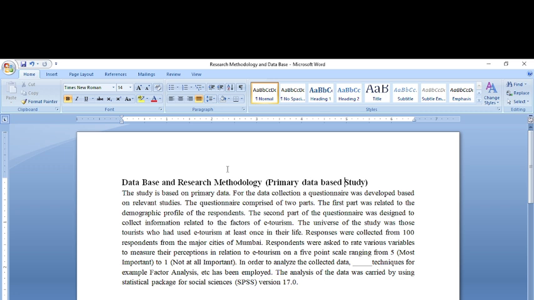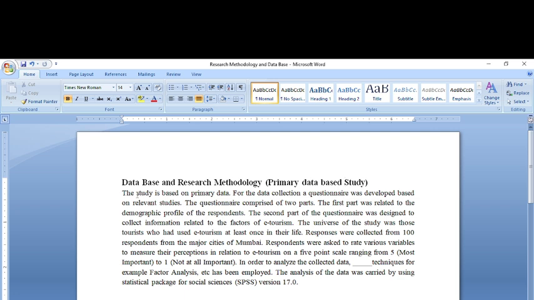So in order to analyze the collected data, techniques such as factor analysis have been employed, and I've used the statistical software SPSS, version 17 or 2022, whichever version you're using for the analysis of my study. So database and research methodology, I've written that I've collected the data from a questionnaire which